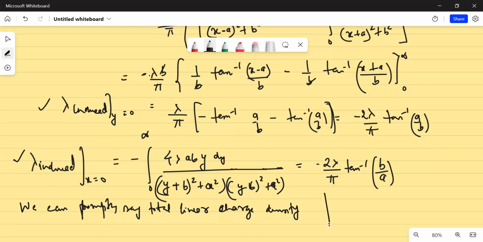Total linear charge density on this plane plus this plane should be equal to minus lambda. This is clear, because if you had this infinite line of charge with lambda, the total charge density induced on both of these planes, the total sum should come as minus lambda total. Okay, this is expected. This is expected that if you're placing a lambda here, and since these are conducting planes,